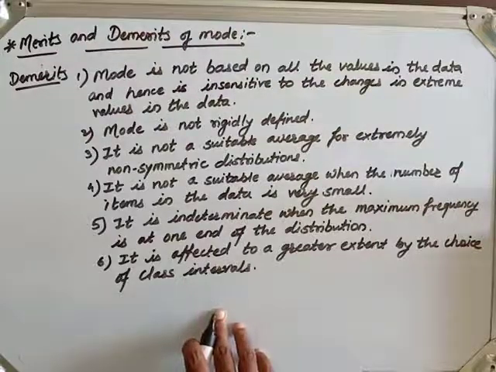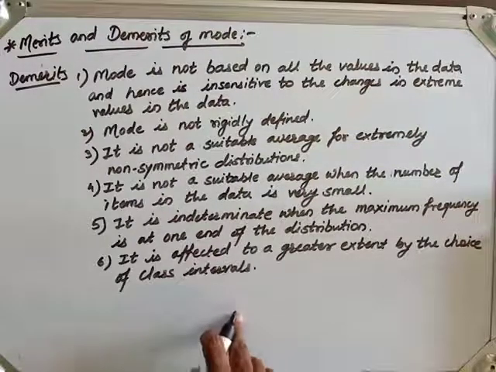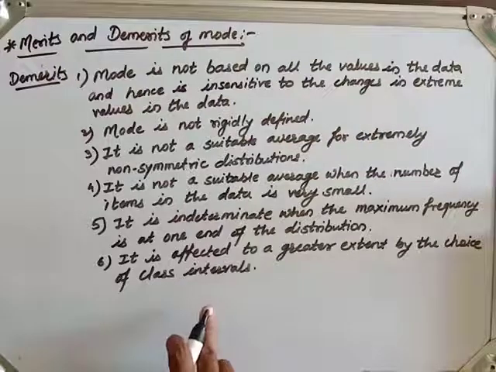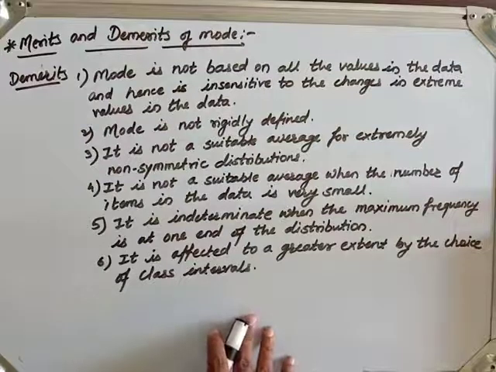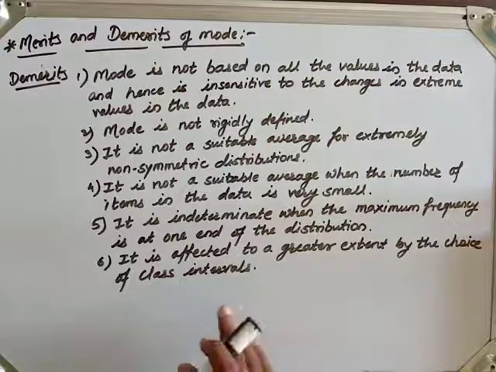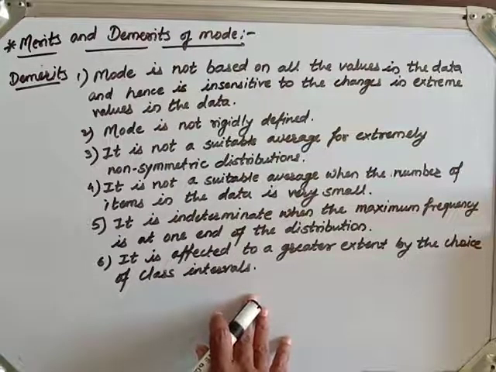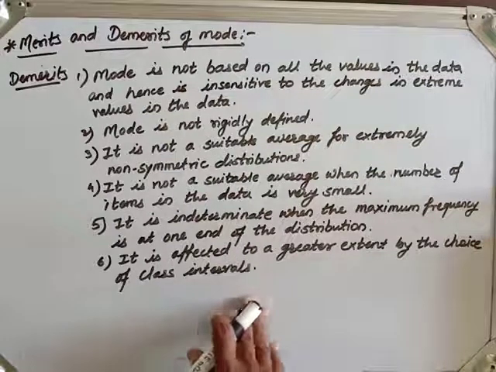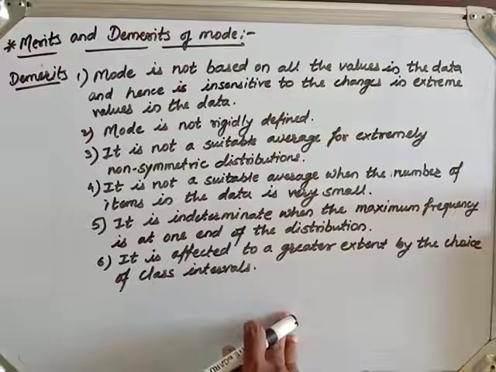Now this is about all the measures of central tendency that we have to see: arithmetic mean, median and mode. We have been seeing how to calculate them for different types of series and distributions, and also their merits and demerits. Now in the next video we will see the empirical relation, that is a relation between mean, median and mode, how they are related to each other, and also we will solve some examples on them, and later on we will see partition values.